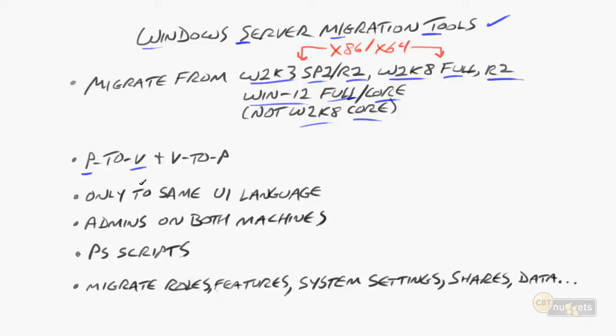a new Windows Server 2012 server and recreate all of those rules and everything from scratch. Maybe we want to put it into a virtual machine on Windows Server 2012. So this physical NAP machine, Network Access Protection server that's running Windows Server 2008, we can transfer all of the rules, all of the configuration and everything, maybe over to a virtual machine. Or if it's already in a virtual machine on 2008, we could transfer it to a physical 2012 machine. Or you can actually take this any direction. You can go P to P, V to V, all of that. What I'm saying there is it doesn't matter whether it's physical or virtual.